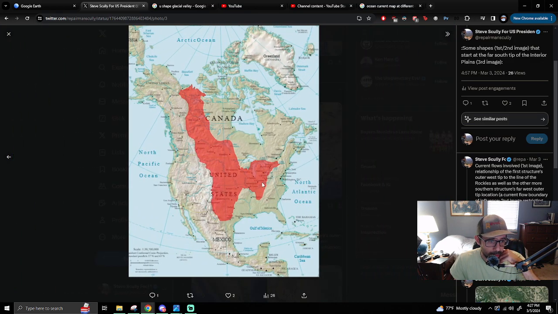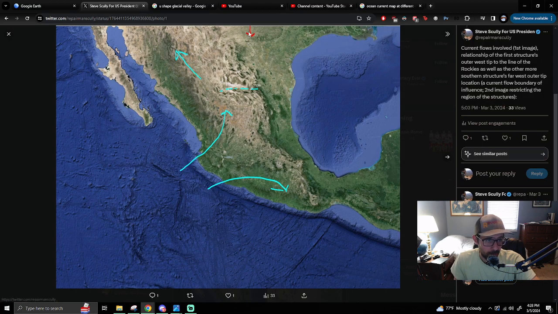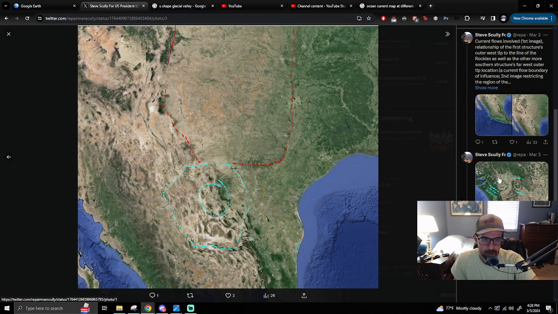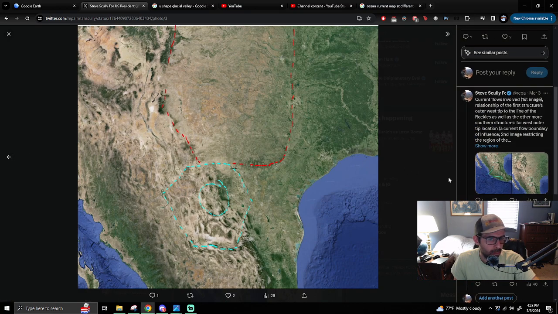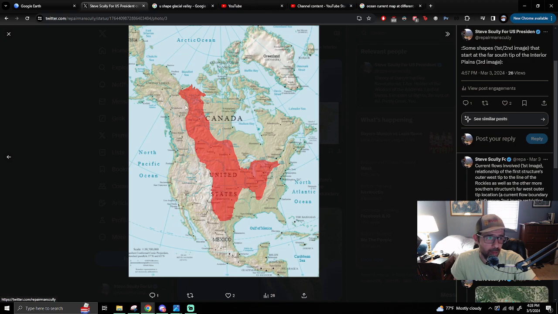So here's the interior plains extending down to that hexagonal structure. Here's me pointing out, well, if there's a pressure from the interior plains from a current flow from all the way up at the Mackenzie River Basin entry point that then flows and fans out like this. It didn't let me see the other images. That was weird. Like this, from the Mackenzie River Basin entry point, it flows down this way, fans out, and then